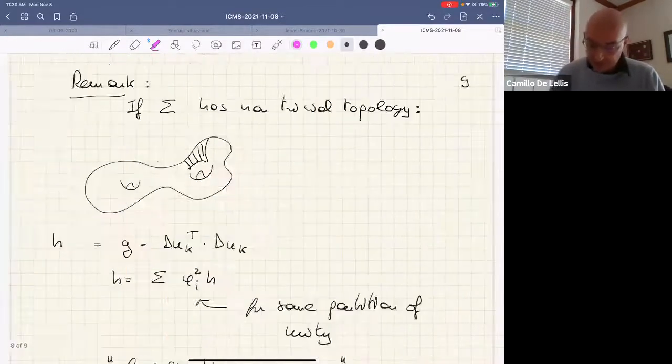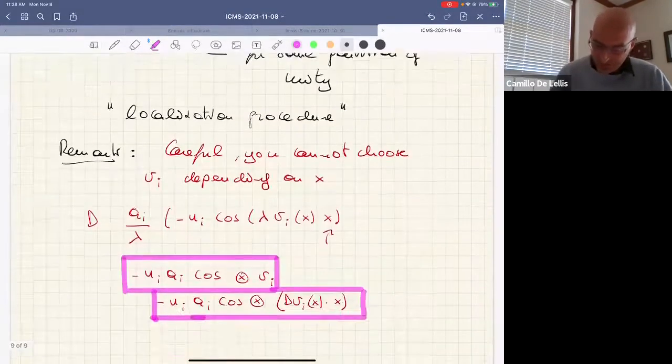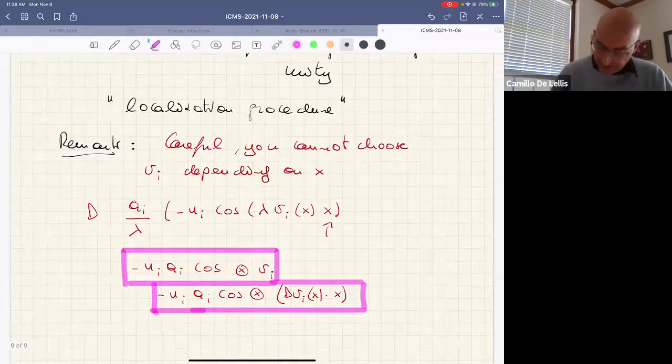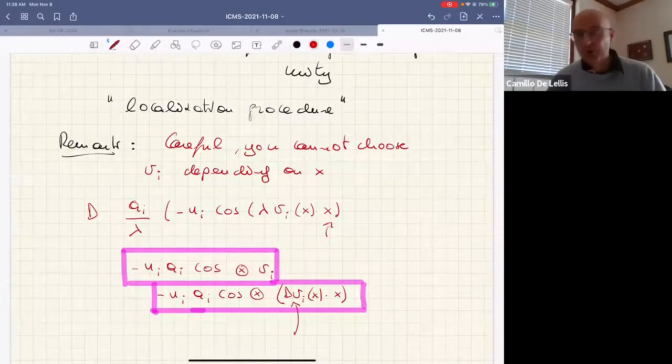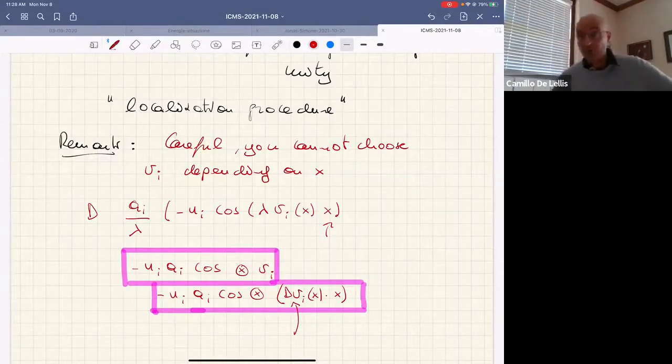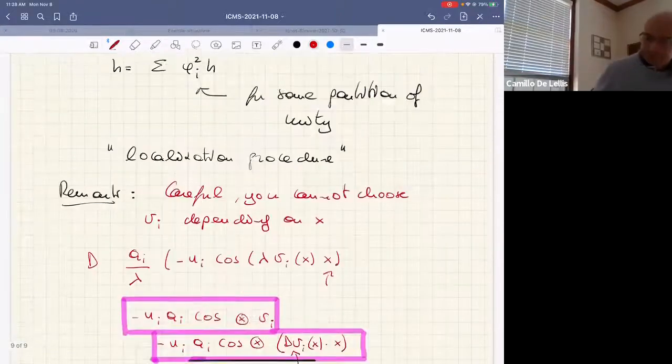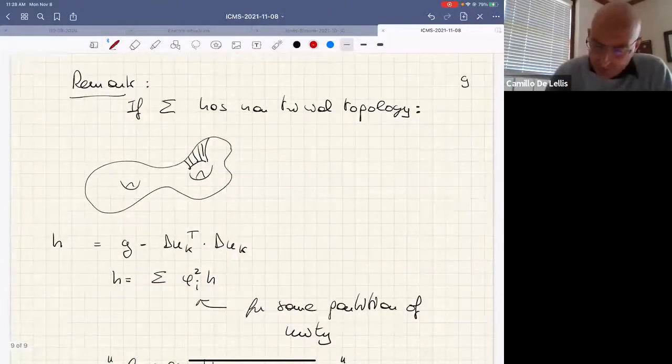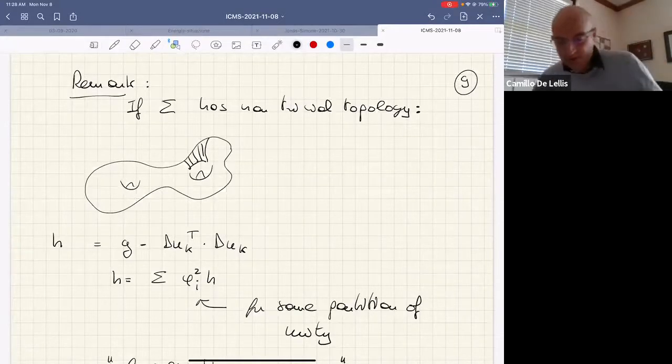If I try to do something similar with such an ansatz, well, now here I actually have the derivatives of the VI appearing, right? Okay, so now the situation gets more complicated. So I have to choose the VIs accordingly in such a way that the algebra is going to work with the AI. Okay, so let me just get to the following basic